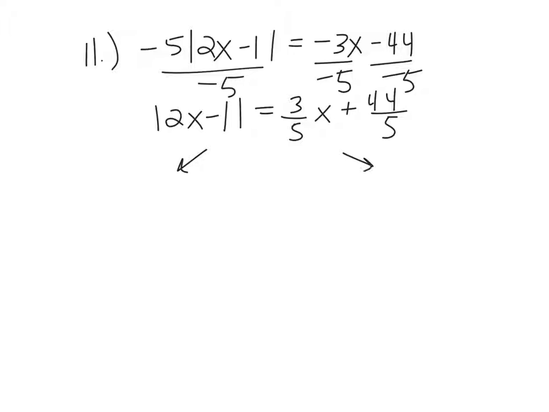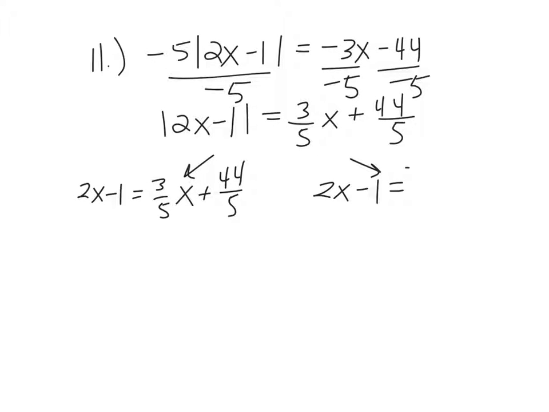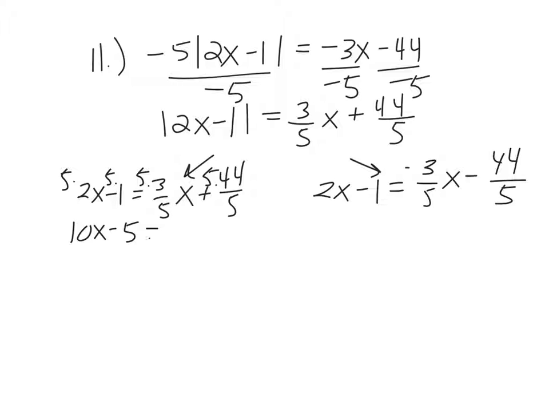Now that I have the absolute value alone, I can make my two equations. 2x minus 1 equals 3/5 x plus 44/5, and the exact opposite, -3/5 x minus 44/5. I'm not loving the fractions, so I'm going to start off by multiplying every single thing in the equation by the denominator 5. That gives me 10x minus 5 equals 3x plus 44, which is going to work out quite nicely when I go to solve,